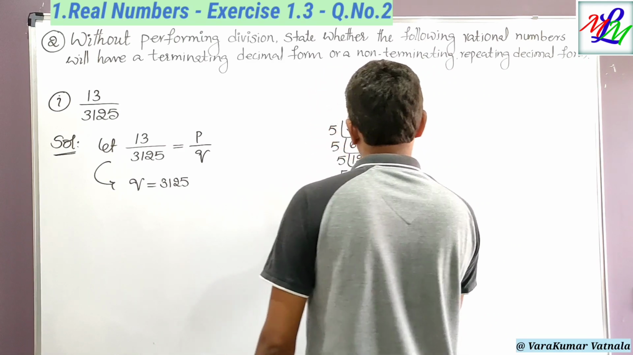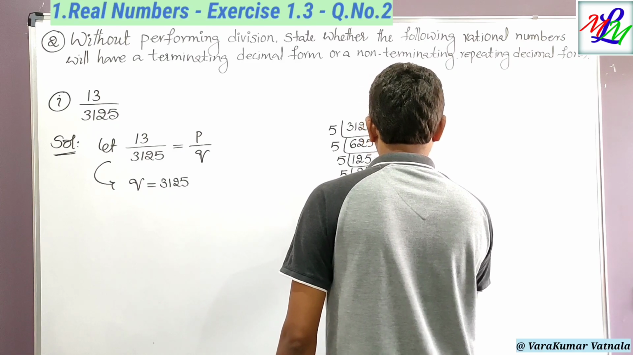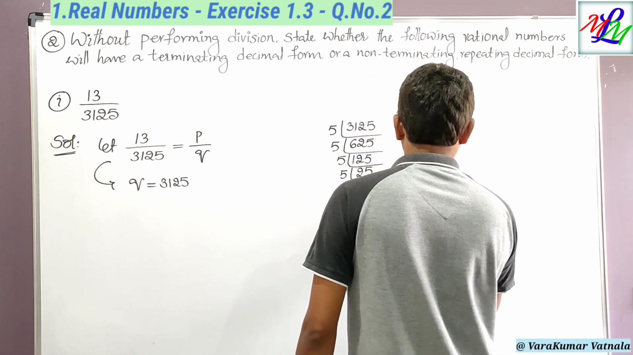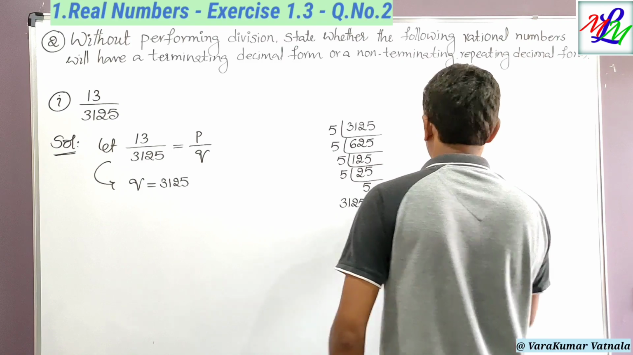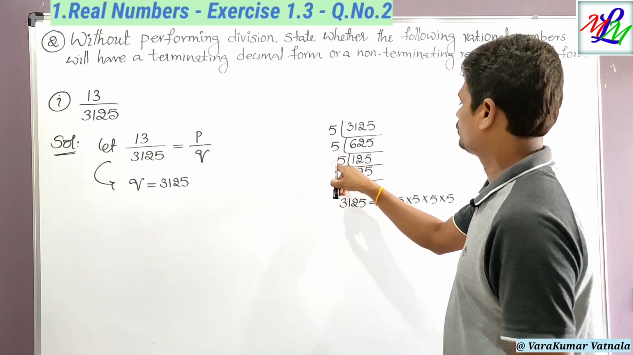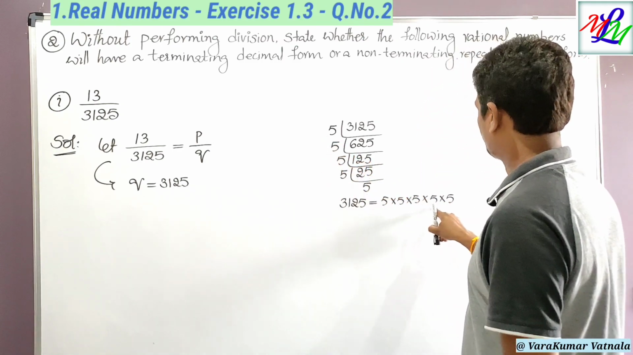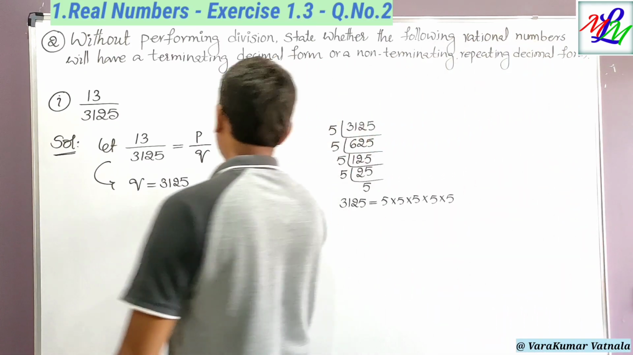3125 is equal to 5 into 5 into 5 into 5 into 5. Totally how many 5s? 1 2 3 4 5. So therefore we can write here